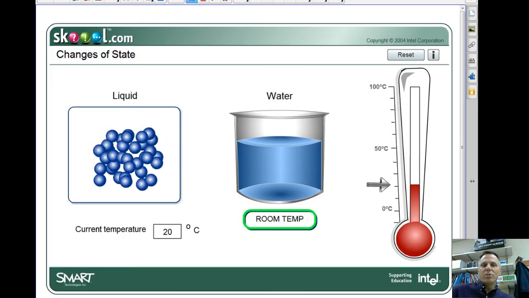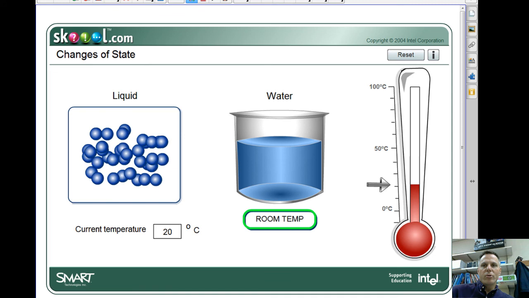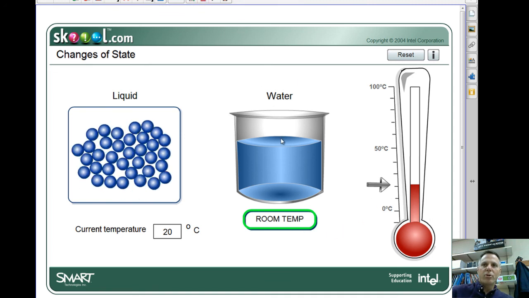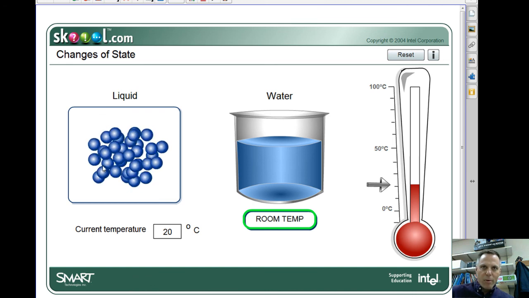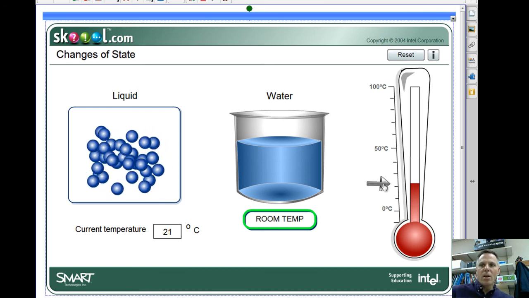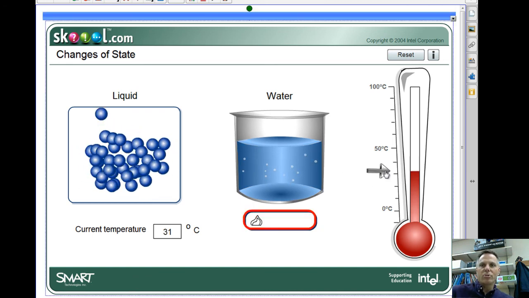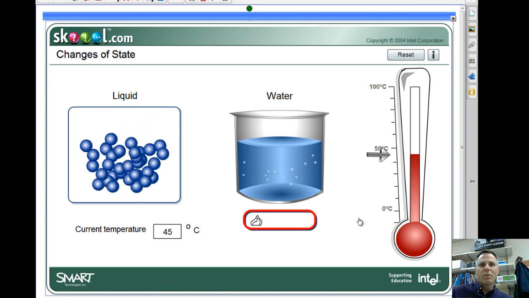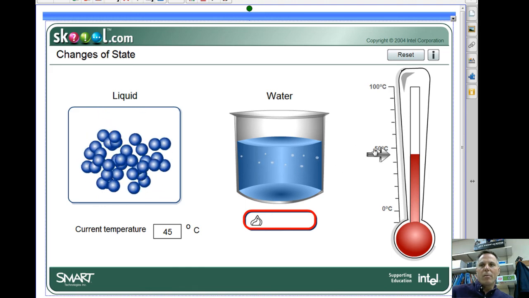So let's take a look at this simulation. In this simulation, what we're going to do is raise the temperature from room temperature. So you can see here we've got water. This is kind of looking through a microscope. And notice as we raise the temperature, what happens to the molecules? They're going to start to go faster, aren't they? Look, they're moving faster. Temperature's gone up. Now we're going to